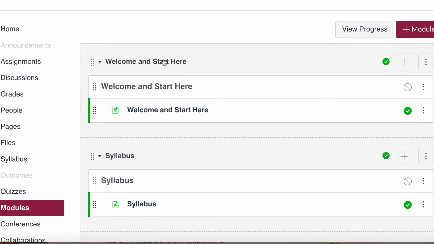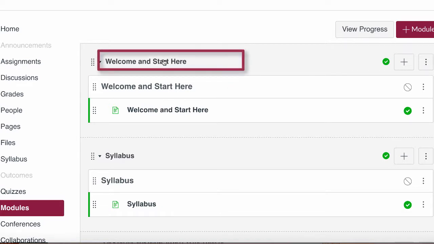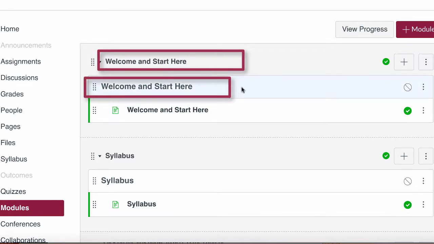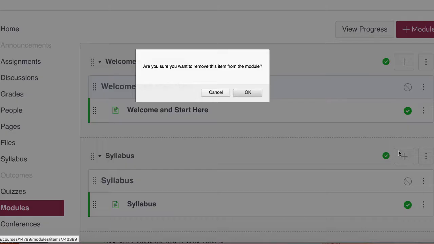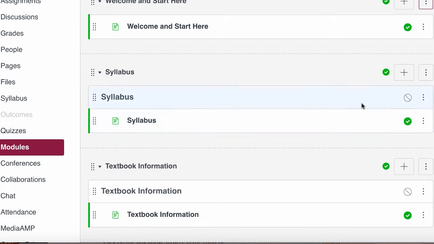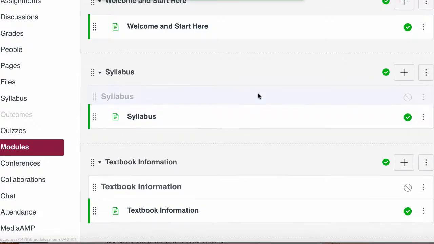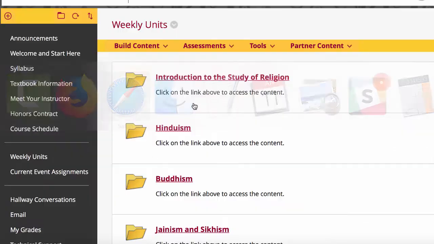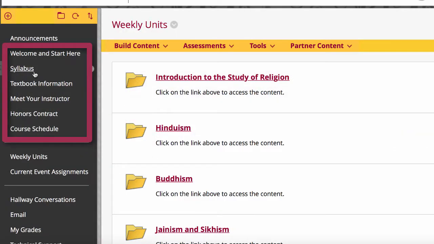You'll notice that there are duplicates of everything. The module title also has a heading with the same name, which is unnecessary, so the first job might be to go through and delete all your duplicates. The next thing, as you see, each of the links in the Blackboard navigation menu becomes a separate module in